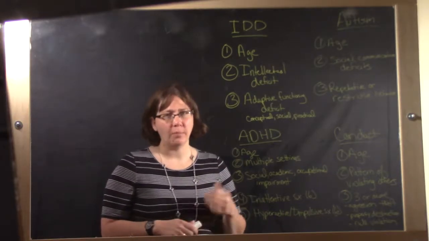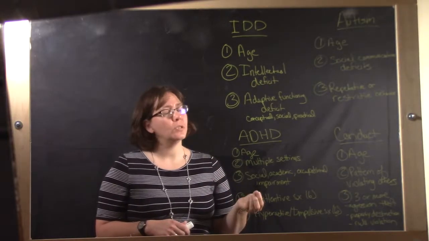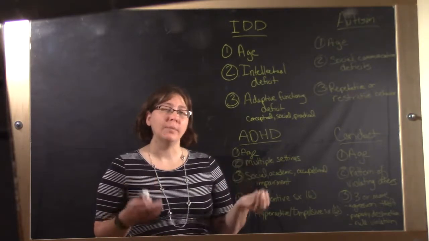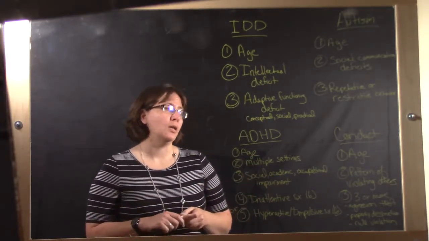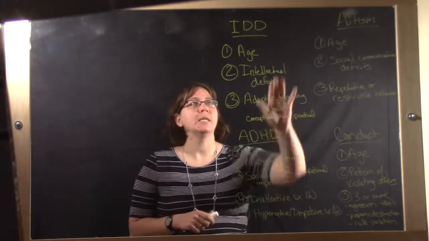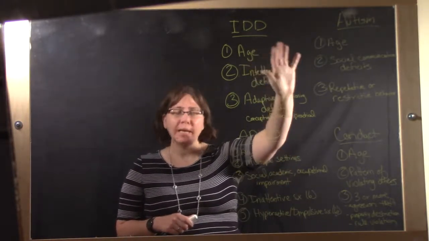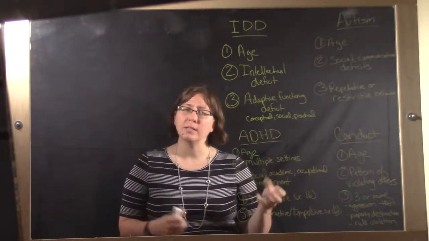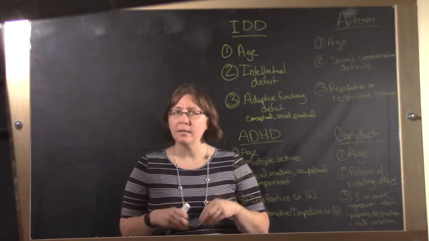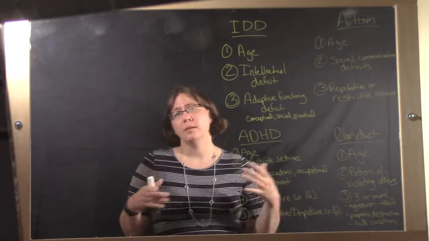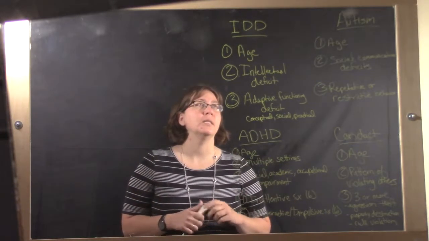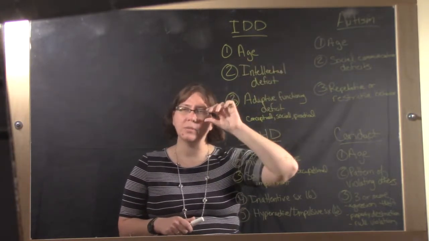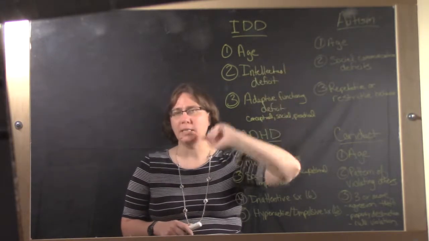IDD is what we used to call mental retardation. We don't use the term retardation anymore. It's now considered IDD, or developmental disability, depending upon your particular profession. So essentially, there can be genetic causes. About a third of the cases it's genetic. There can be environmental toxins that can occur prenatally or postnatally, and those are kind of the different causes that we typically look at. So some point in time in the early developmental period, usually during childhood, we'll see IDD.